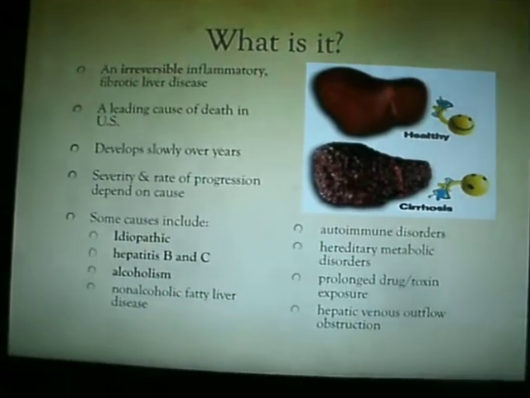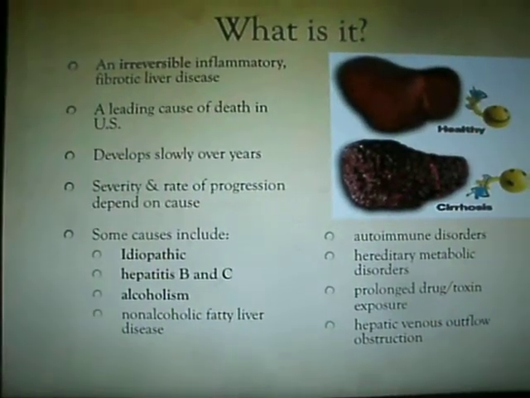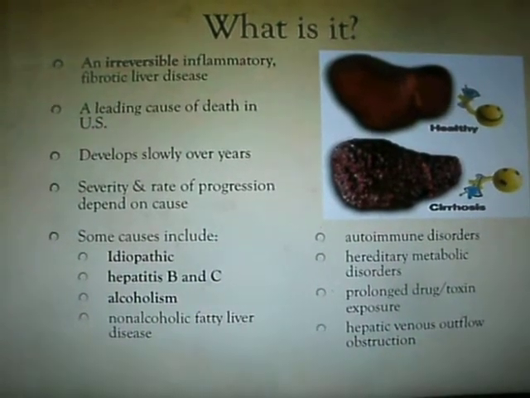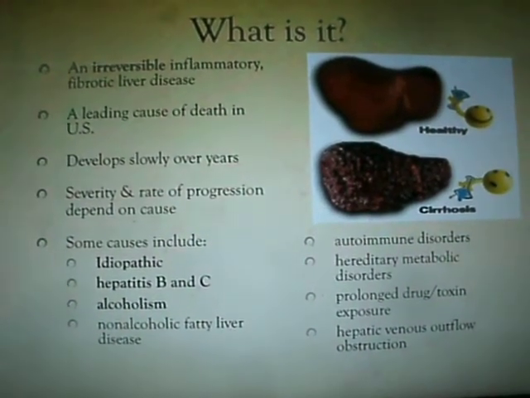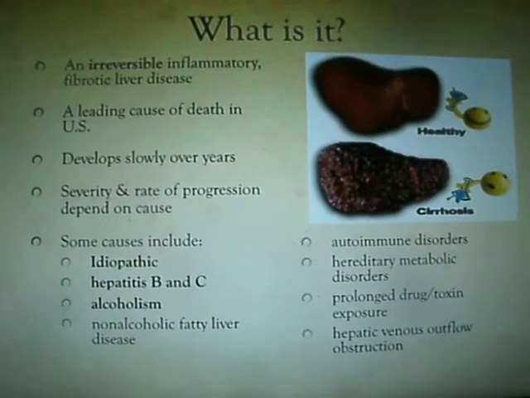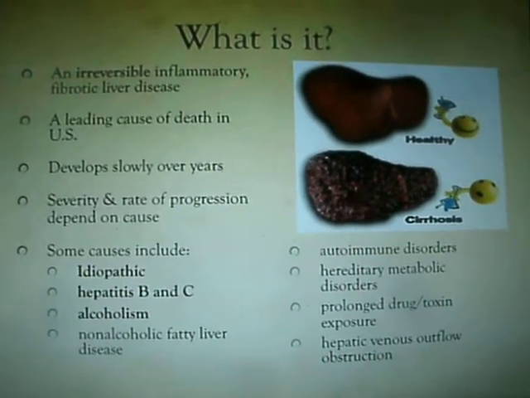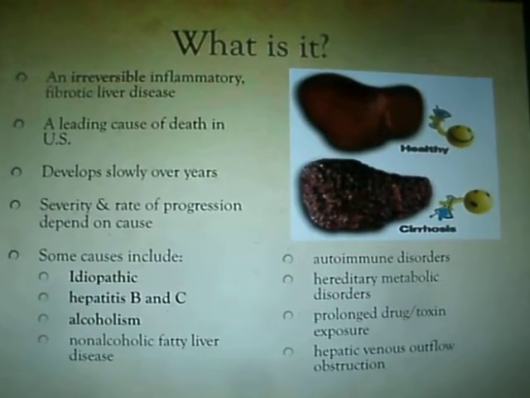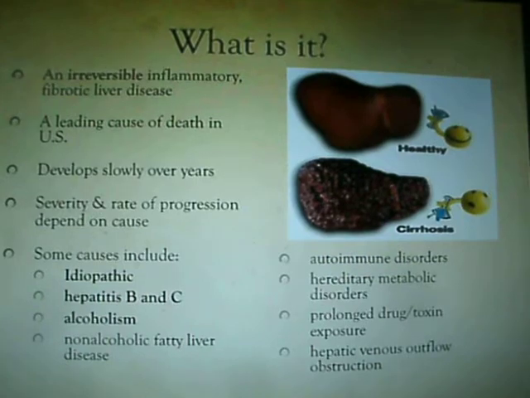What is cirrhosis? It's an irreversible inflammatory fibrotic liver disease. So basically the damage that is done cannot be undone. It's a leading cause of death in the United States, and it develops slowly over the years, but its severity and rate of progression depend on the cause. So some of the most common causes include idiopathic, meaning the cause is unknown, hepatitis B and C, and excessive